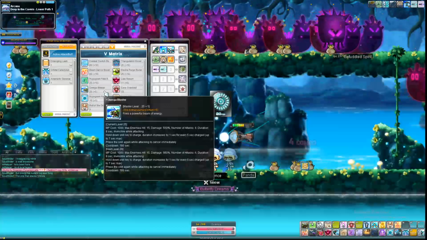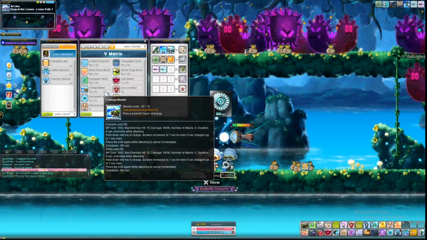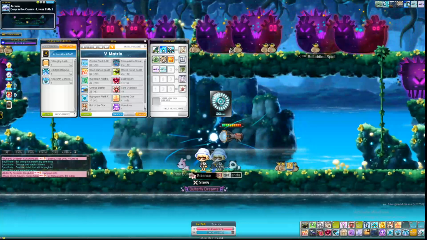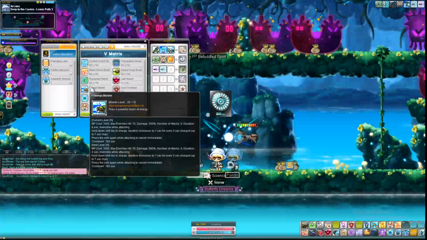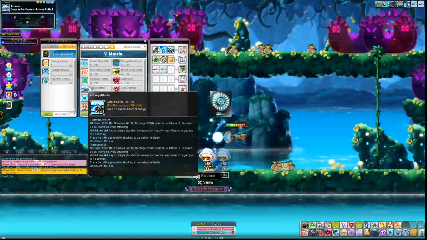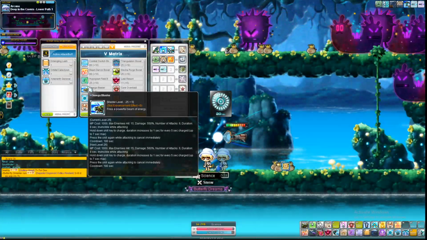Okay, let's actually read this skill. Max enemies hit 15. Does damage. Hits 6 times. But it's kind of weird because it doesn't really hit 6 times. It hits 6 times every tick. You hold down the skill. You don't have to hold down the skill. You can actually just click it if you really want to, but you lose duration. The duration increases by 1 second every 5 seconds charged. So you charge it up to 7 extra seconds, which gives you 15 seconds,